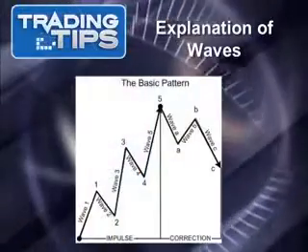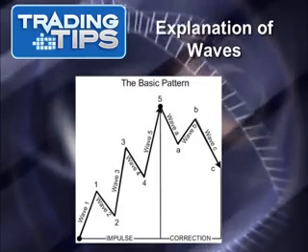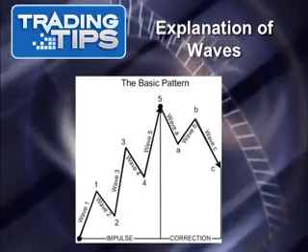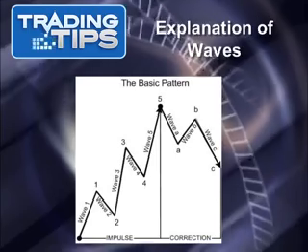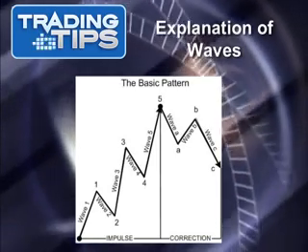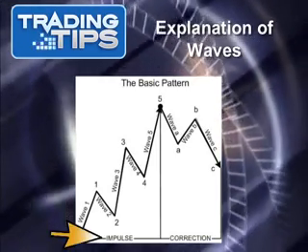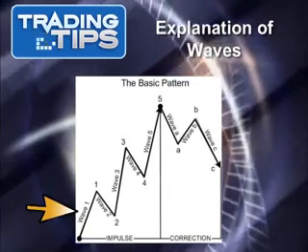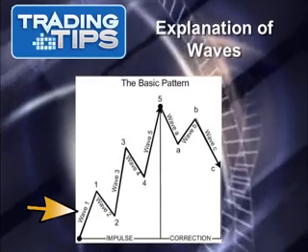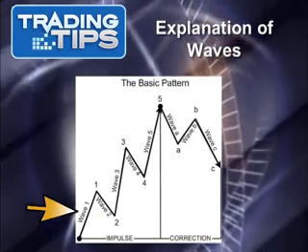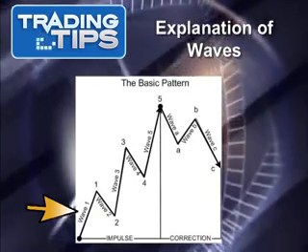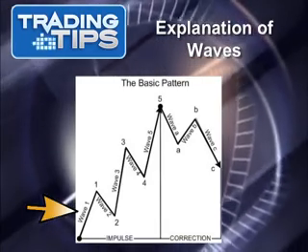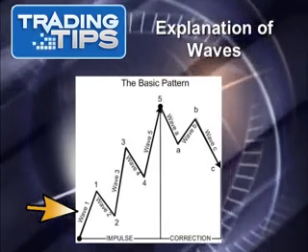Now, I'm going to take a deeper look at the different waves. The first 5 waves, of course, are called the dominant trend, and these are called impulse waves. Wave 1 is rarely obvious when it's just getting going. We're going to talk about these as if it's a bullish cycle, and if you want to apply it to a bearish cycle, you'll have to just reverse everything. But in a bullish cycle, the first wave begins.